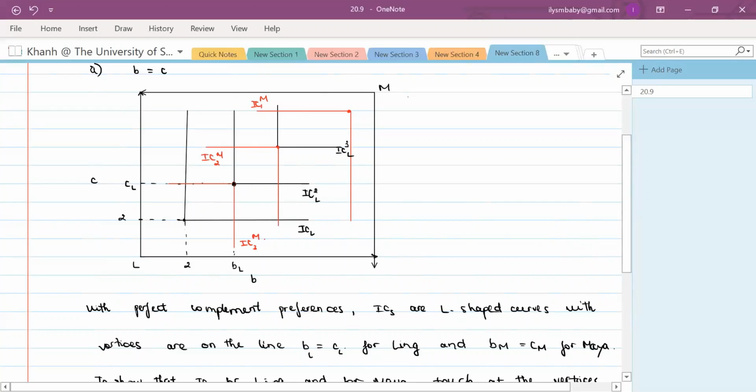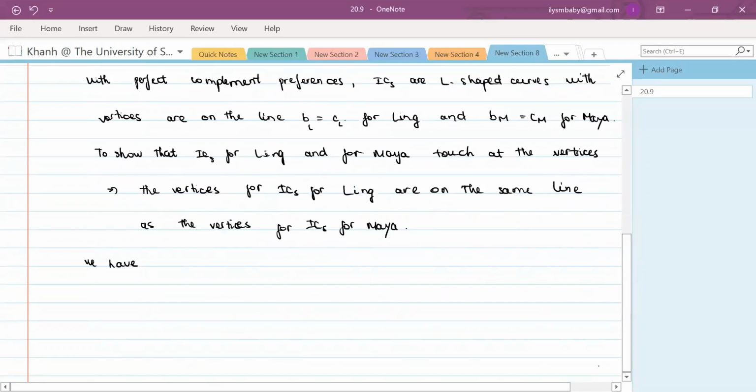So I want to prove that at the point where BL equals CL, BM is also going to be equal to CM. So that is also going to be the vertex point for Maya, for the indifference curve for Maya. All right, so we now have BL equals CL,